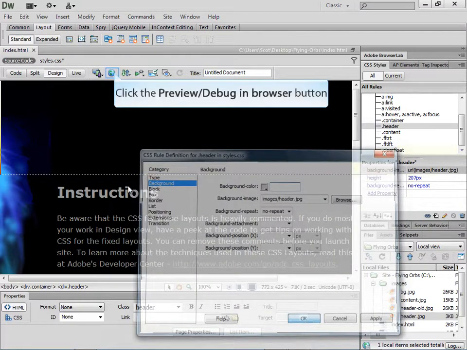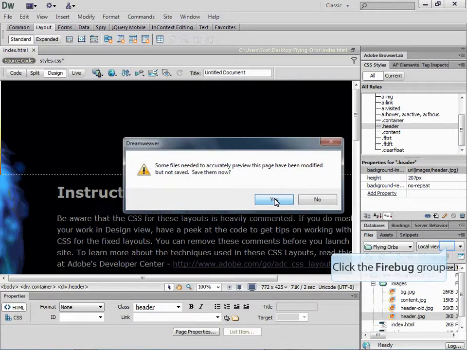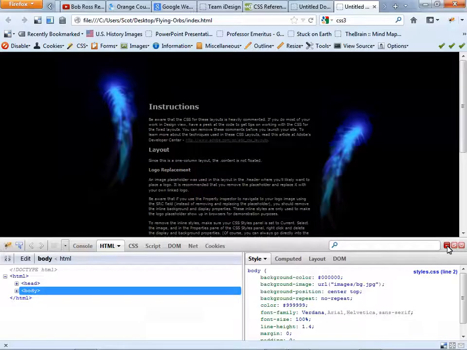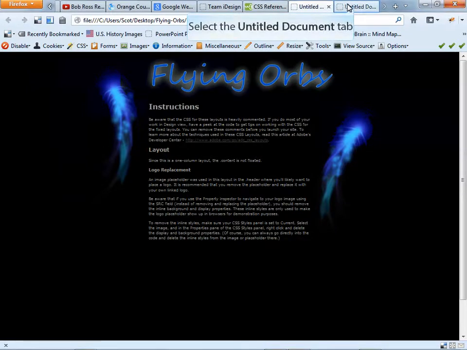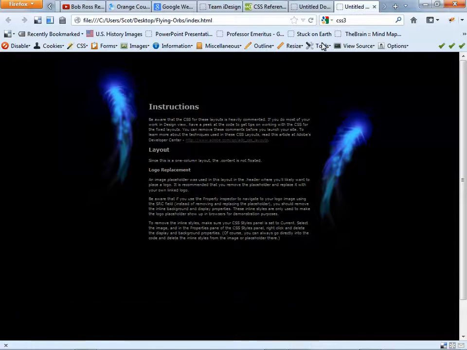Alright, and if I want to preview that in Firefox just to make sure it's going to look alright, preview in Firefox, save my changes, and there we go. So now I've got that top area ready for me to place a style. That's what it looked like before. This is what it looks like now. Alright, so let's go back to Dreamweaver